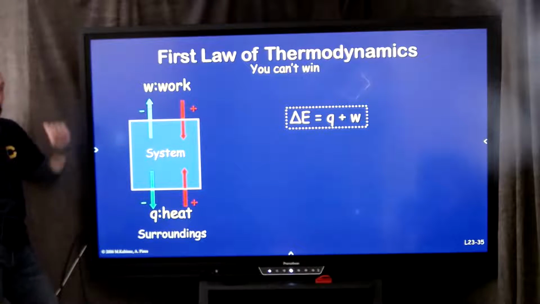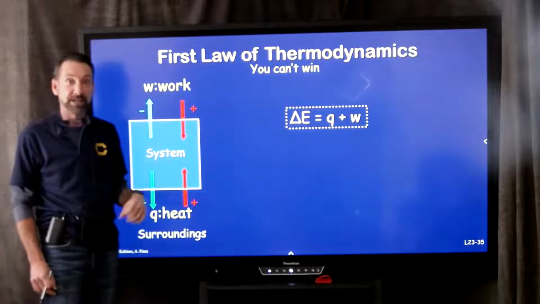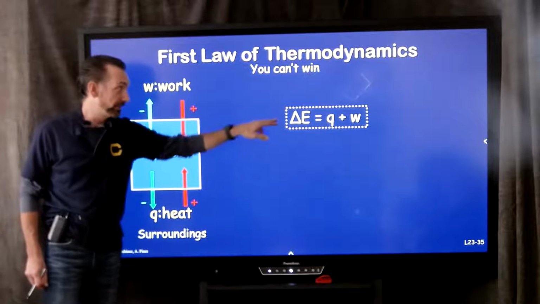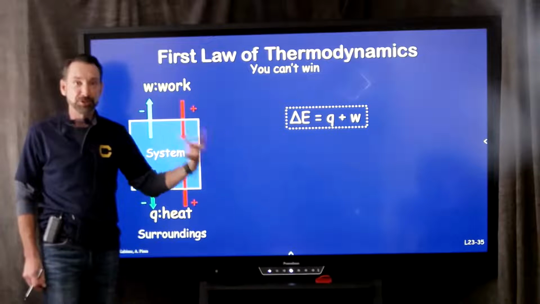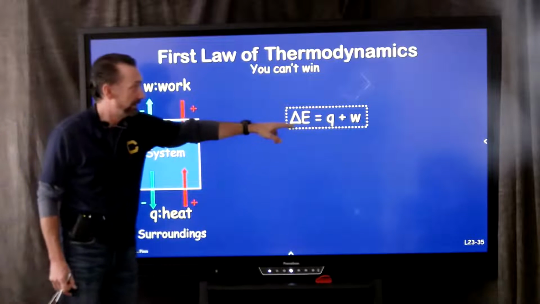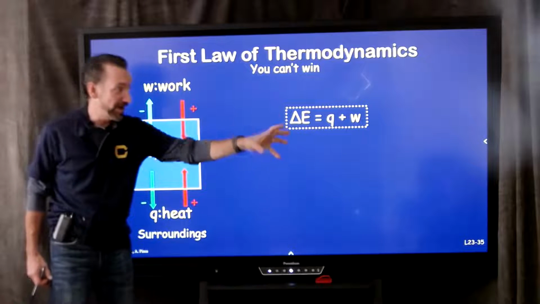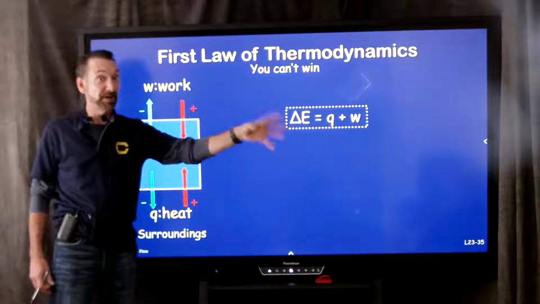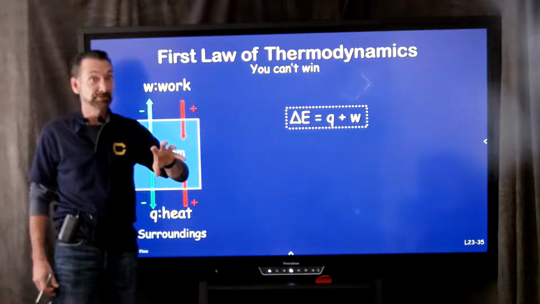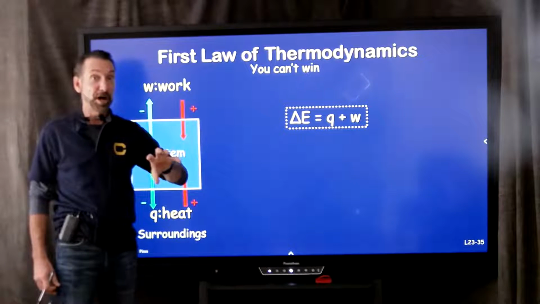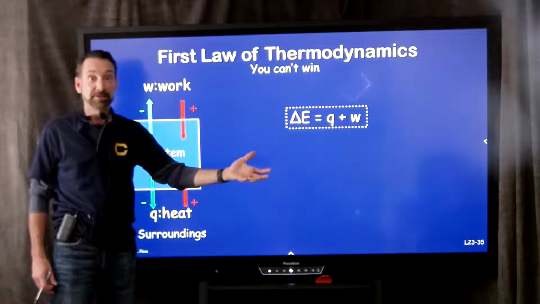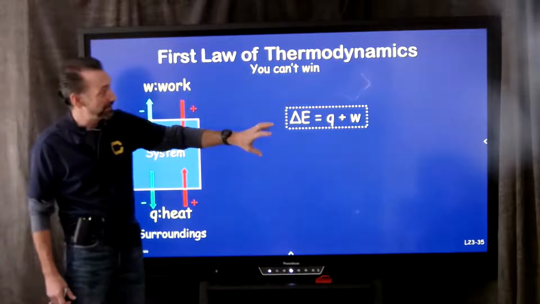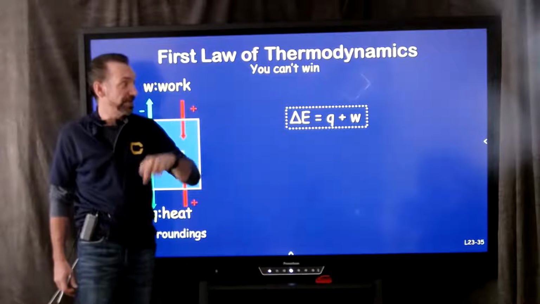And the system could do work. And if you do work, your energy goes down. So delta E is negative. You lose some energy. Delta E is the final state minus the initial state. So if your final state's bigger than your initial, you've gone up in energy, delta E will be positive. If you went down in energy, then your initial state,